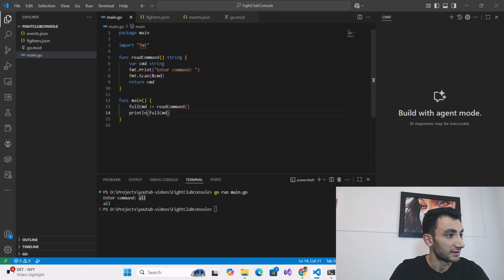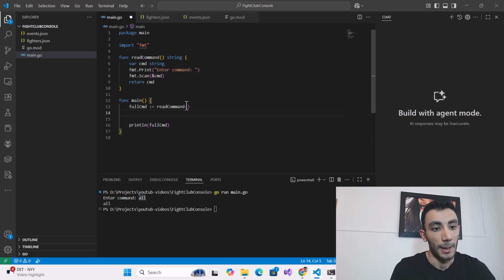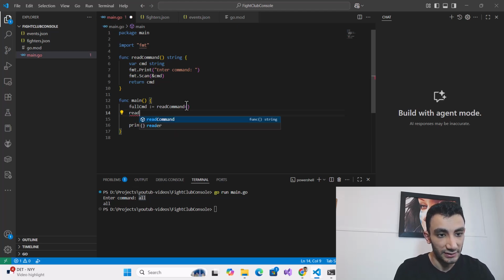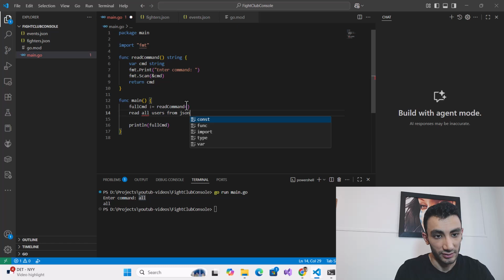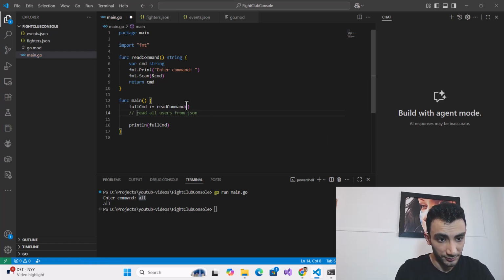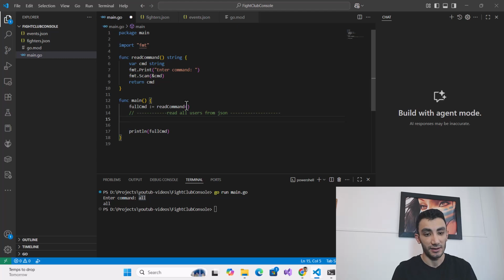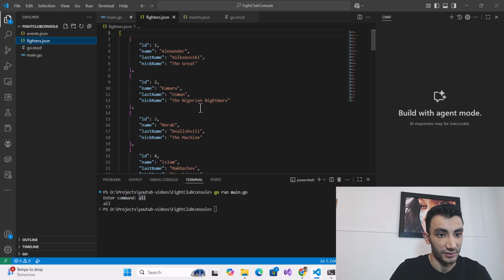For that I need to read the users, so for that purpose in here I say read all users from JSON. I have a list of fighters in JSON. Later on we can implement that on a database, but for the beginning I just have the fighters in JSON.